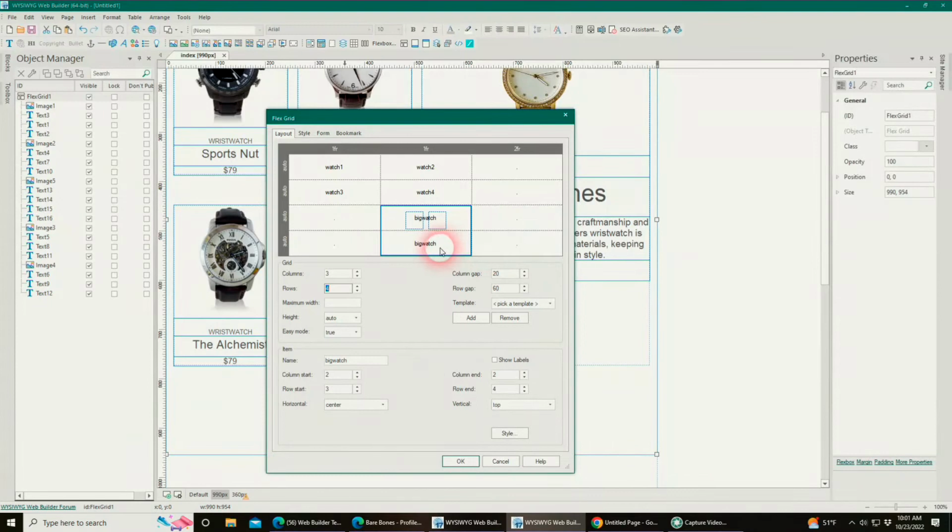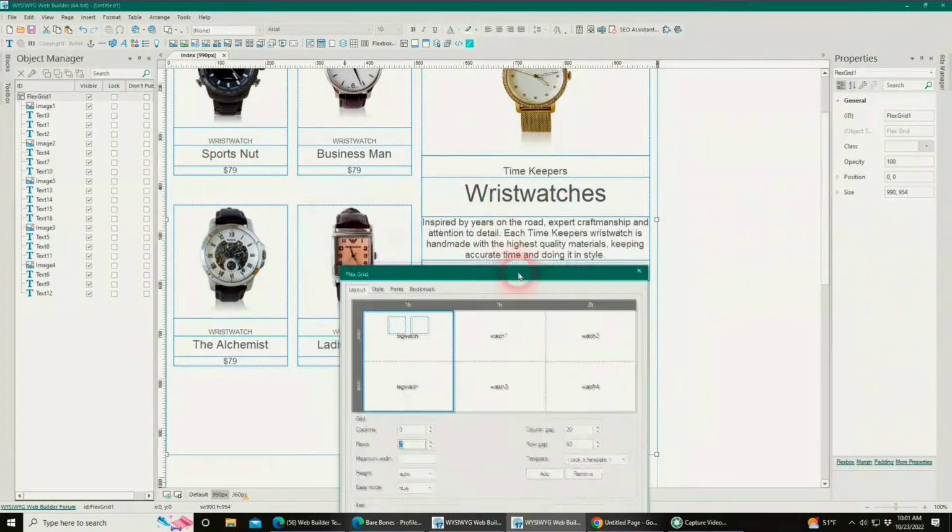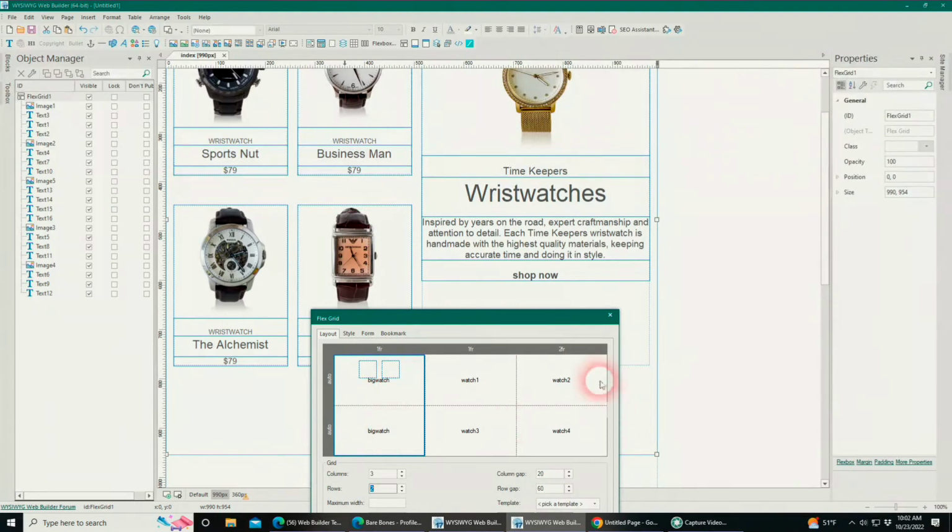I'm going to move this left all the way over to the left. Then I'll highlight this one, move right, move right, select it, right click, move right, and then I'm going to move up, and then I'll get rid of those extra columns or rows that I don't want. So now I essentially have moved Big Watch from row here, column 3 over to column 1, and I moved